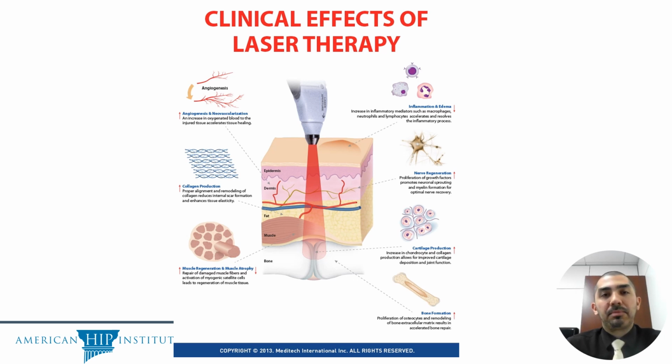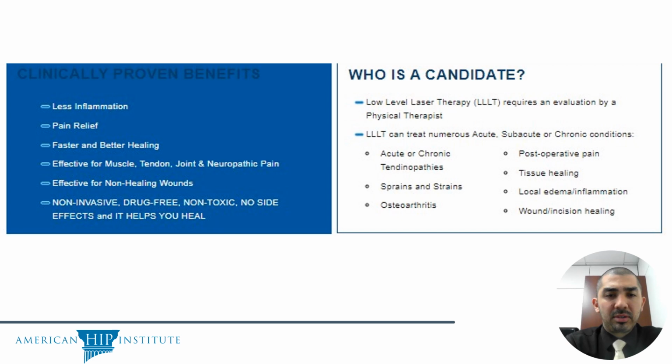this therapy. So going over the benefits, we have less inflammation, which will translate into pain relief, faster healing, better healing for the different tissues: muscle, tendons, joints. It will be beneficial even for neurological pain. It's a non-invasive therapy